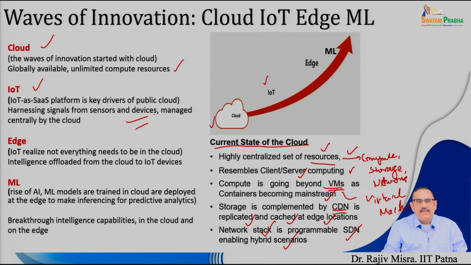So, when we say "things", it means it has the capability of sending the data or the signals of the sensors to the cloud, and this particular data which is sent by the IoT will be managed centrally by the cloud. Now, the question is why not one IoT device, but billions of devices require the cloud to manage the IoT devices.